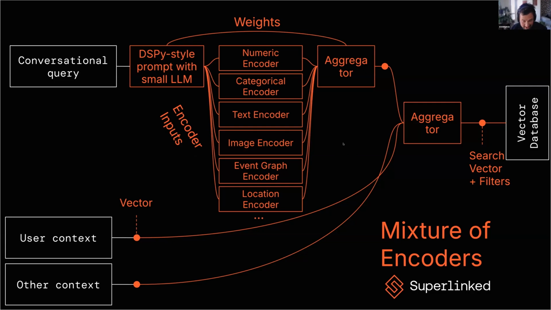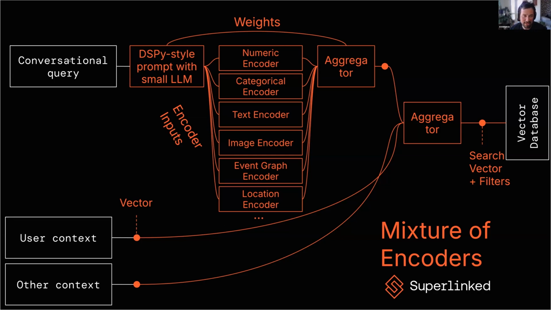But basically, one property of a system that actually makes this work is that it can't just be based on text encoders or language models. You need some other little transformation boxes that can take things like latitude, longitude and make an embedding, or a number and make an embedding, or interaction data between, let's say, products and users, or users and answers. Somehow you need to be able to take that signal and make an embedding out of it. And this is what we call these encoders in the middle.